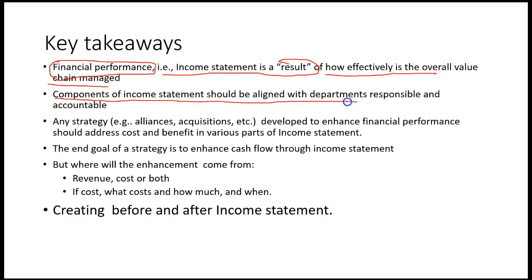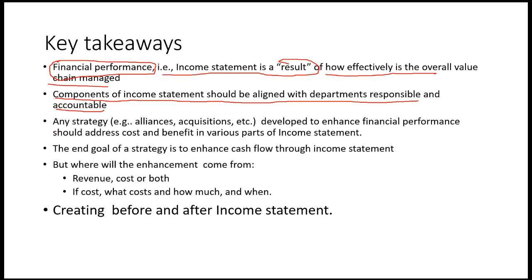The components of the income statement that I talked about, obviously, you have to be aligned with the departments responsible, because if they are not, then you don't know who is accountable and responsible for what part of the income statement. As I mentioned, it will cross function. You could have sales be obviously managed, and the accountability, if you are the boss, basically give it to the director of sales and marketing and also the director of operations, that hey, you two have to go make it happen.